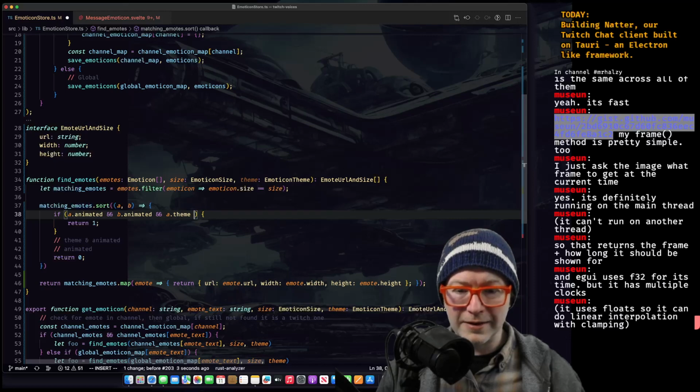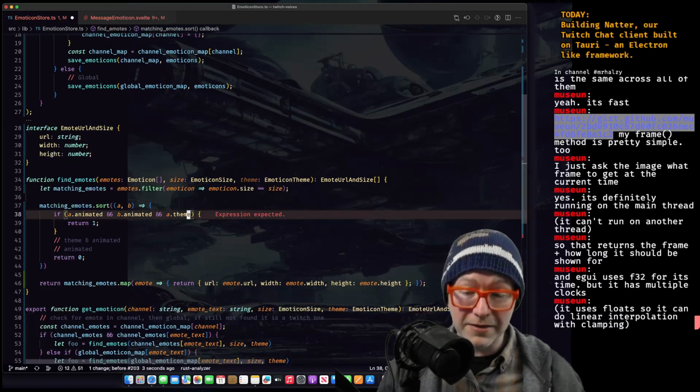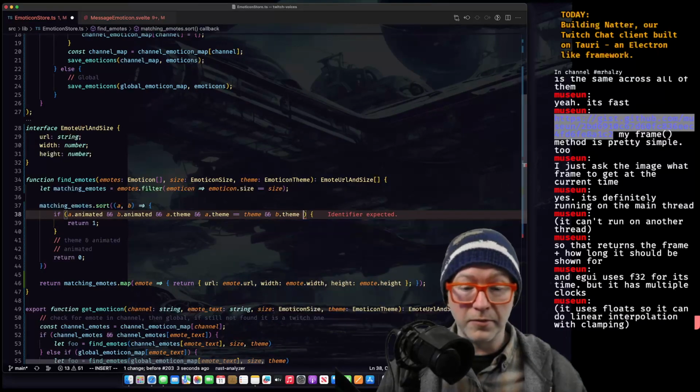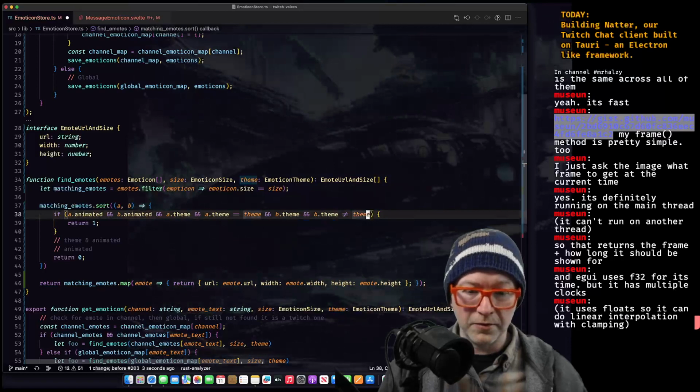If it has a theme, A dot theme is equal to theme, and B dot theme is not equal to theme, well then A is greater.